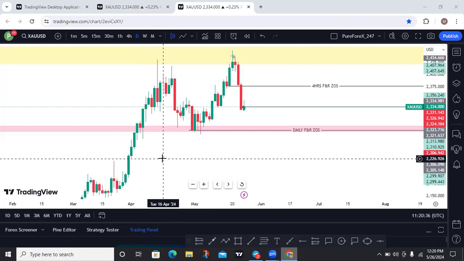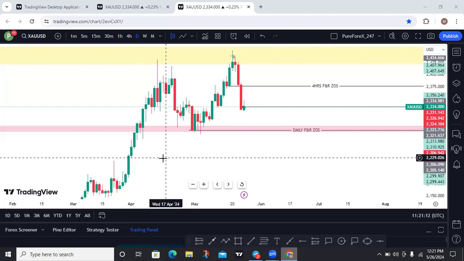So as someone who likes to do top-down analysis, I can do top-down analysis on other GPB pairs, other currency pairs, applying fantastic five from the higher time frame, even down to the lower time frame for me to take my setup. But sometimes in gold, you cannot find a setup on a higher time frame like daily, like weekly, even monthly, because gold is always at a high momentum, especially for the past and throughout this month.